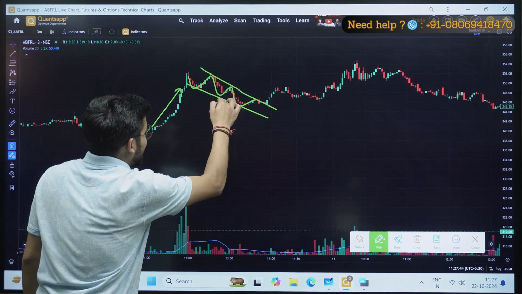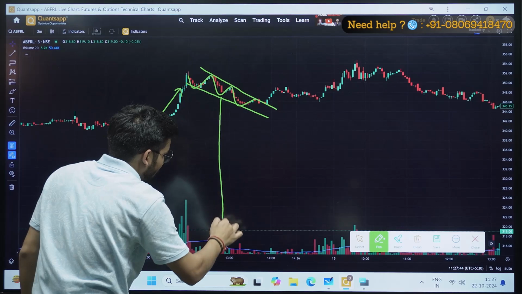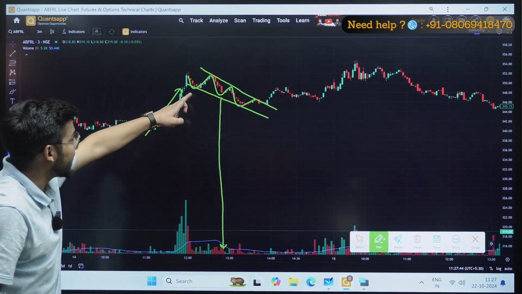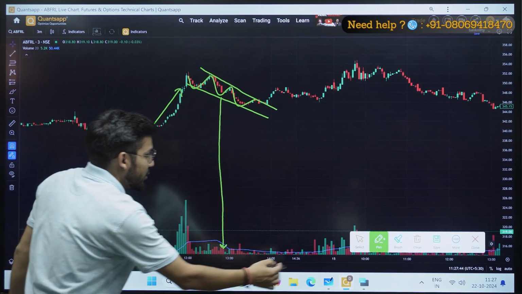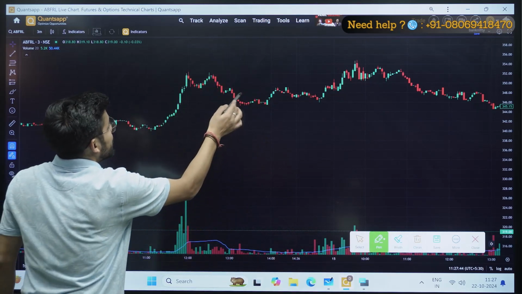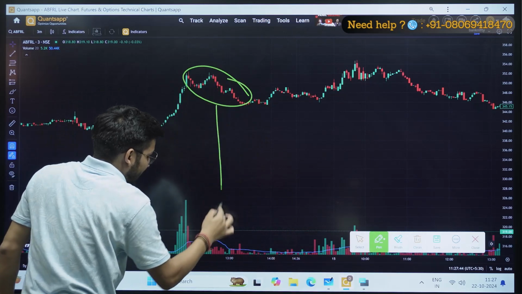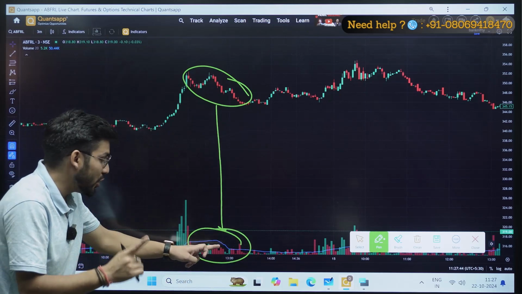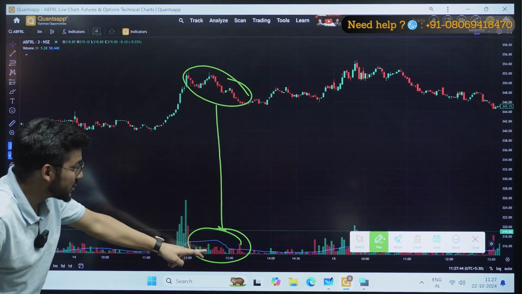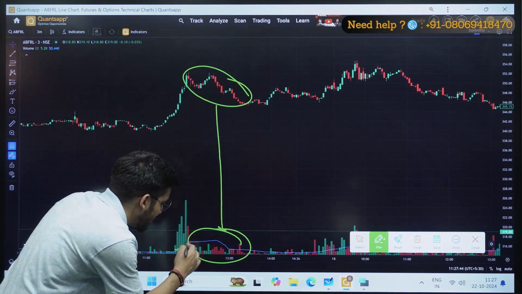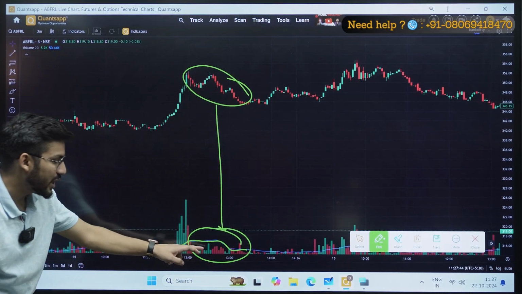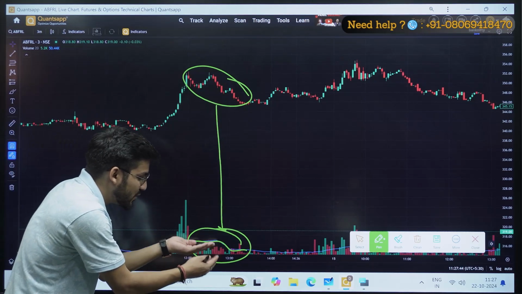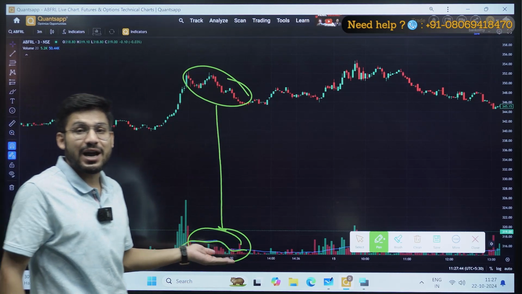If this momentum is good, I can see the volume here, and in the volume I can see when my market was moving down. You can clearly analyze it here. So this was the momentum, and you can analyze the volume as well. The volume of this momentum is not that strong because it is below your moving average line. You can clearly see the volume is very less in comparison to my moving average line.